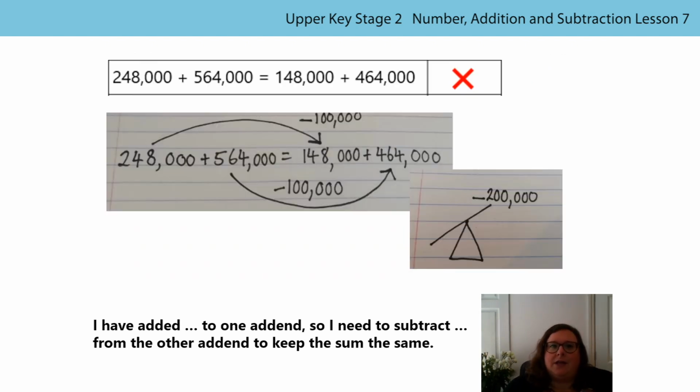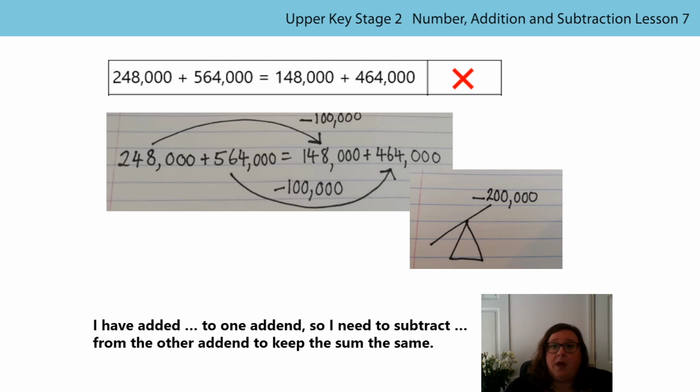Okay, so with this example, again, I've just noted down how each addend has been changed. So I've worked from left to right, but there's no reason why you couldn't start on the right and work backwards to the left. As long as you're comparing the addends and seeing if they're equal or not, then that's fine. So, in this case, 248,000 has been decreased by 100,000. It's had 100,000 subtracted from it to give us